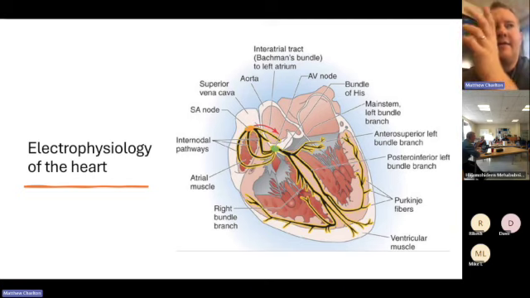But the most classical teaching that we hear of is you've got impulses generate in the SA node, travel down the His-Purkinje system, down to the apex of the heart, and then they split into the bundle branches. So you've got two on the left, one on the right. And you get depolarization from the apex upwards. You get a wringing motion of the ventricles rather than it contracting the other way around. Then blood obviously wouldn't eject from the heart,